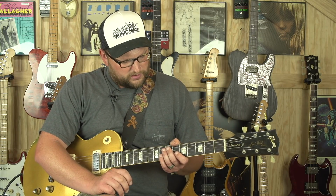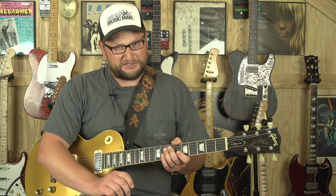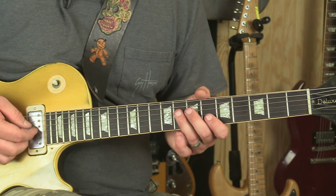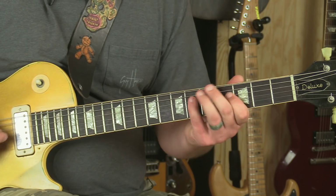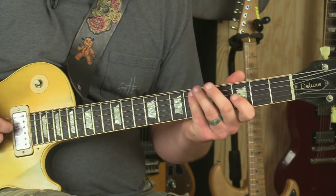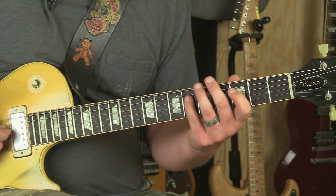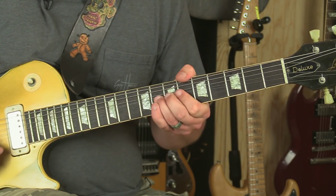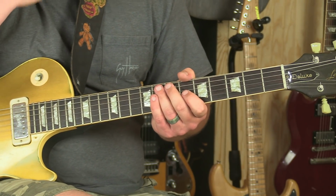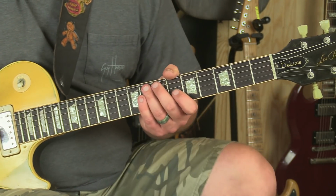And also you can sort of flub through some things a little bit. When you employ some bending, let's just say your situational awareness on the neck is not quite as important. Okay, let's say I get stuck in, all right, we were in B flat. If I get stuck in an odd position where I may not know exactly where I'm at, let's say I'm...